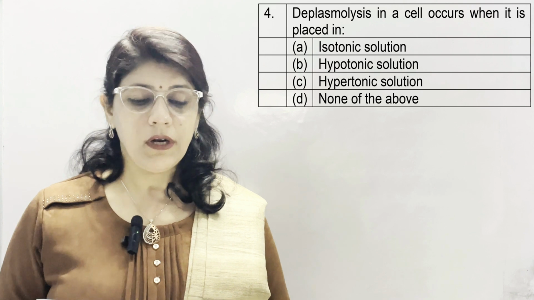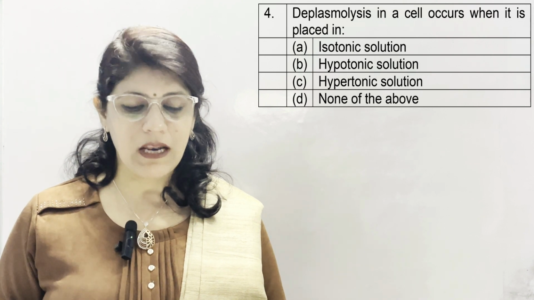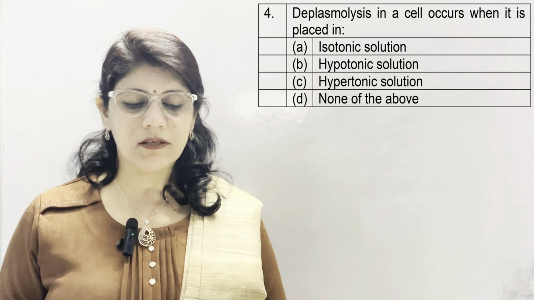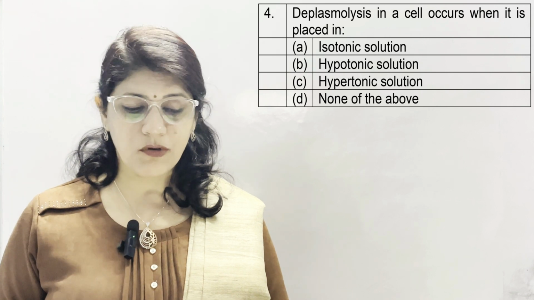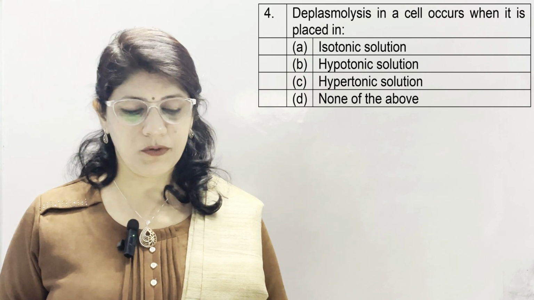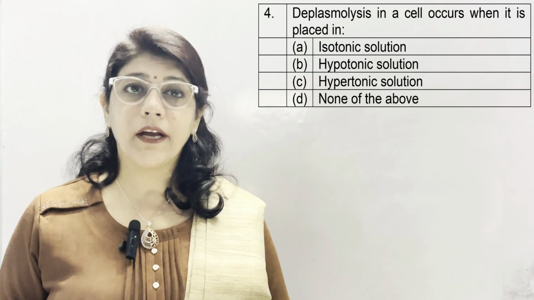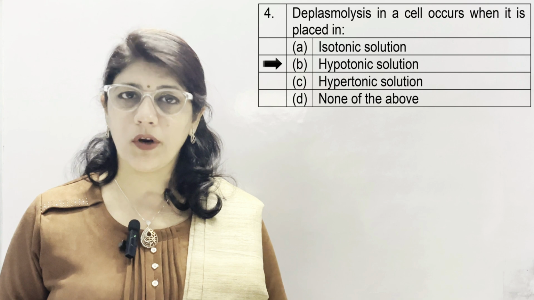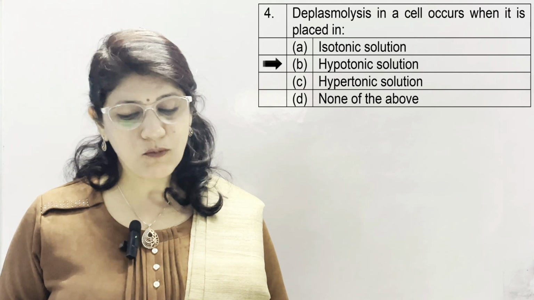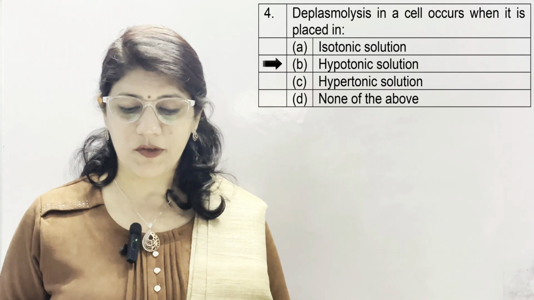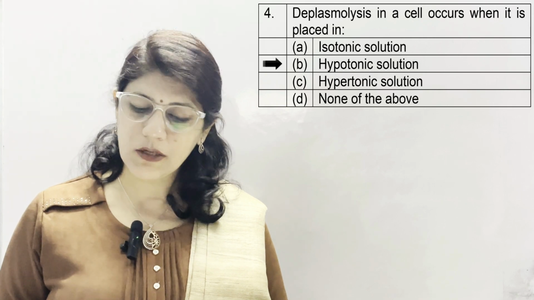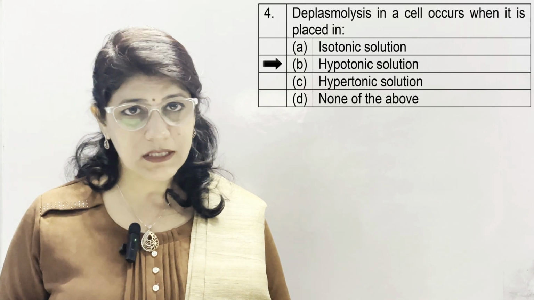Question number 4. Deplasmolysis in a cell occurs when it is placed in A, isotonic solution, B, hypotonic solution, C, hypertonic solution, and D, none of the above. And the correct option is hypotonic solution. When a plasmolysed cell is placed in a hypotonic solution, water moves into the cell because of higher concentration of